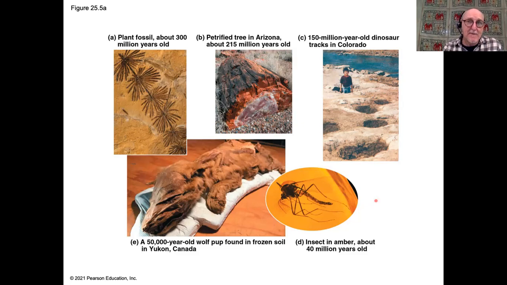I would also point out that in modern times, fossils can actually provide another source of information, quite apart from the way they look, the morphology, and so on. Something like the wolf pup shown here, which has been incorporated into the permafrost, may well yield DNA information. You may well be able to sequence this DNA and extract information that way as well.